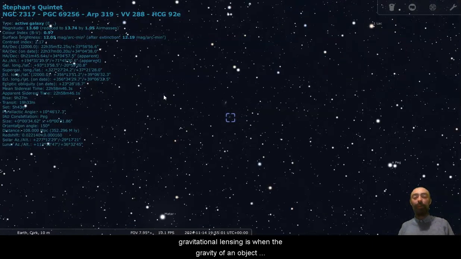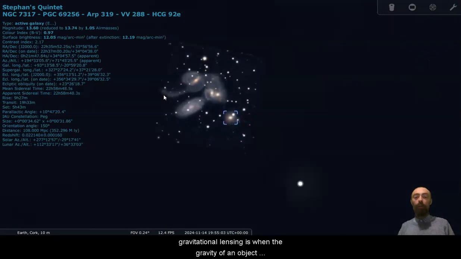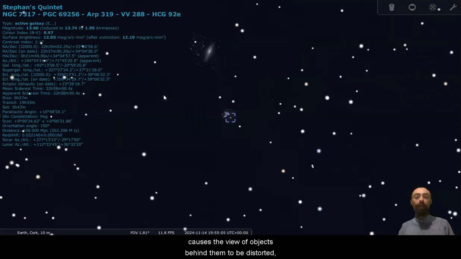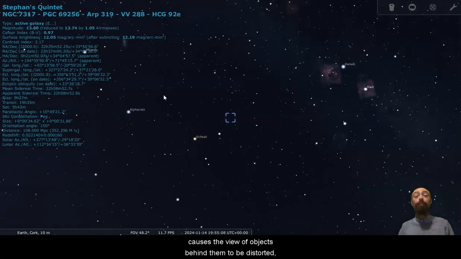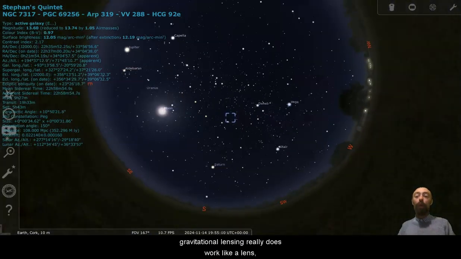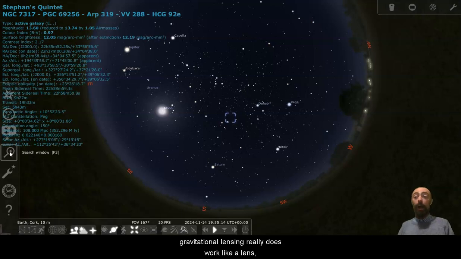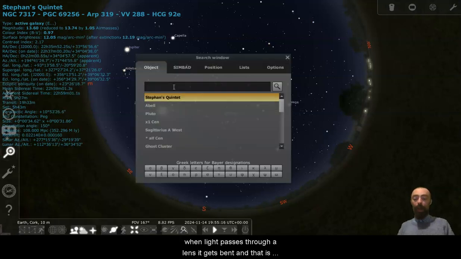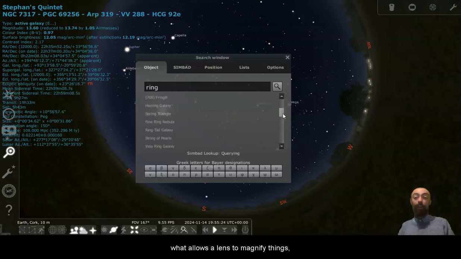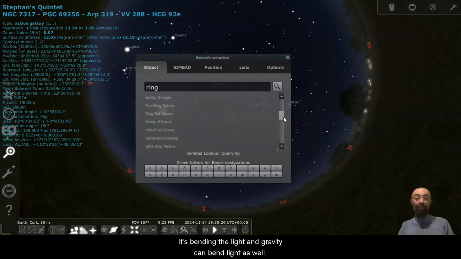Gravitational lensing is when the gravity of an object causes the view of objects behind them to be distorted. Gravitational lensing really does work like a lens. When light passes through a lens, it gets bent, and that is what allows a lens to magnify things. It's bending the light, and gravity can bend light as well.